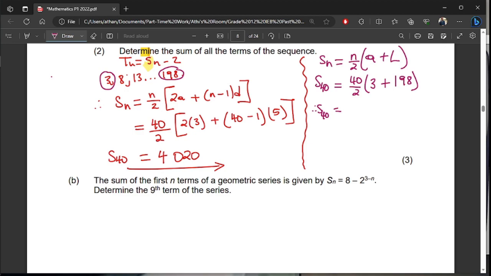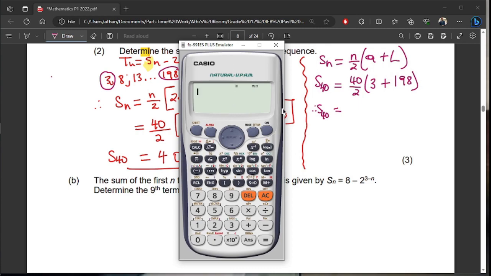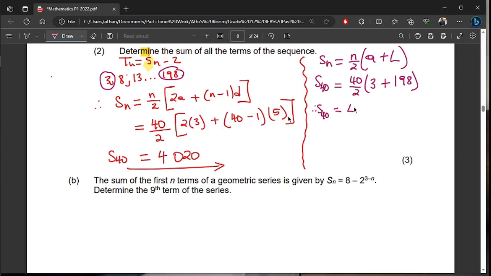If I put this in a calculator, this is going to be 40 divided by 2, we also get the same answer, 4020. So choose the method that works well for you. Okay,